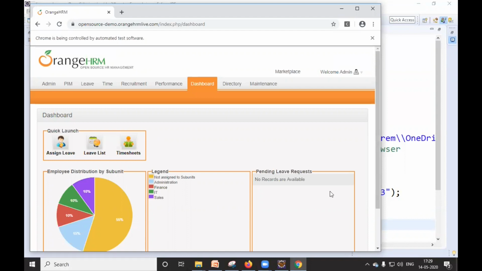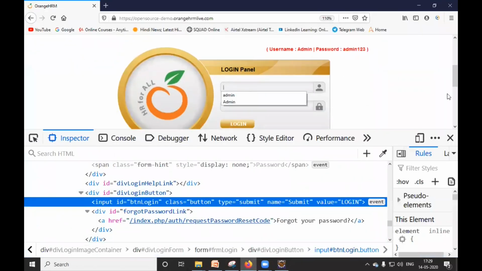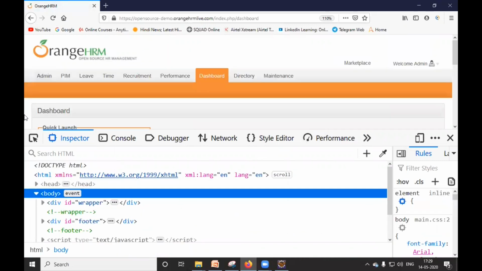Now I want to click on this welcome admin. So let's see the property of welcome admin by doing login manually. Let's see the property of this welcome admin.